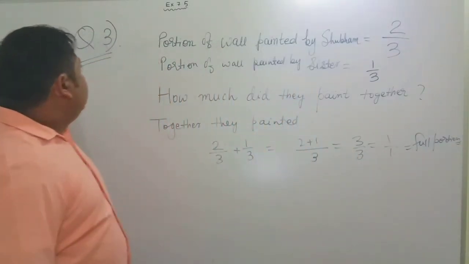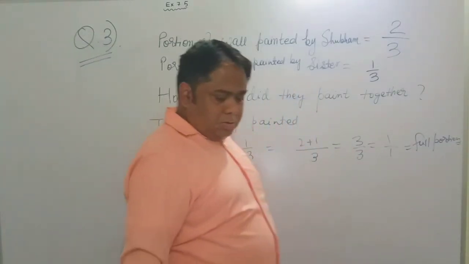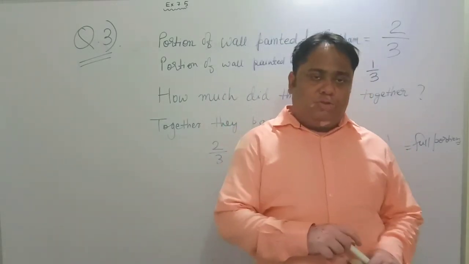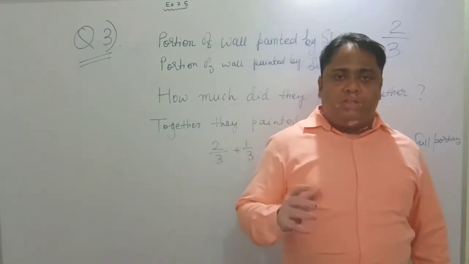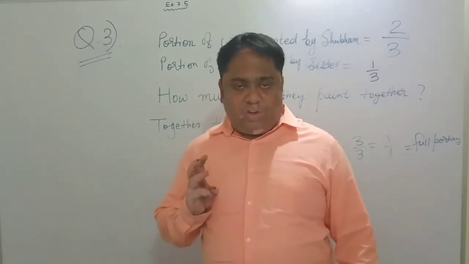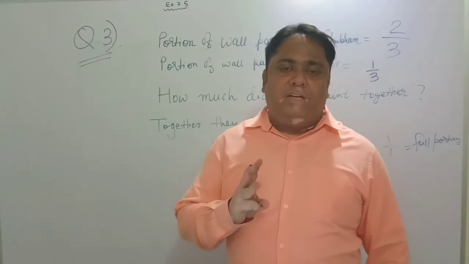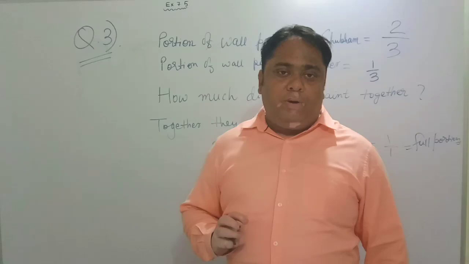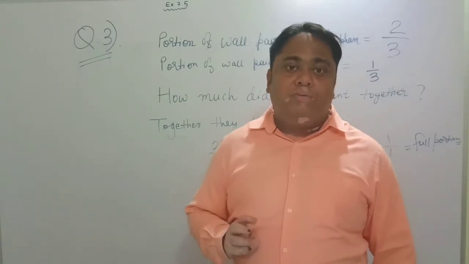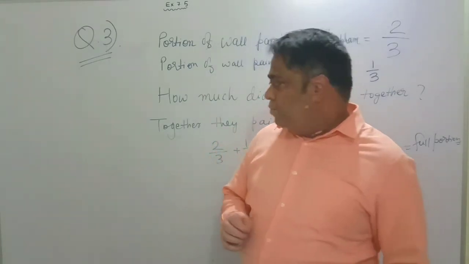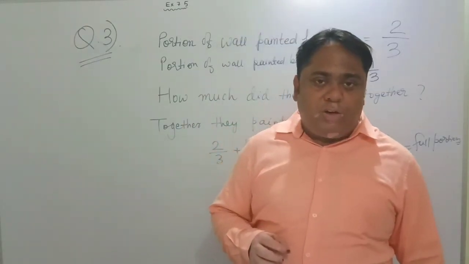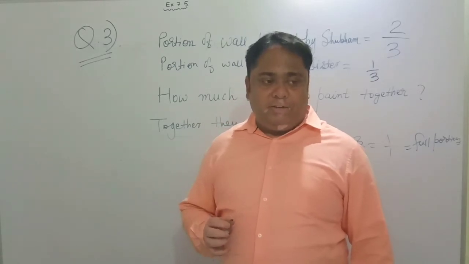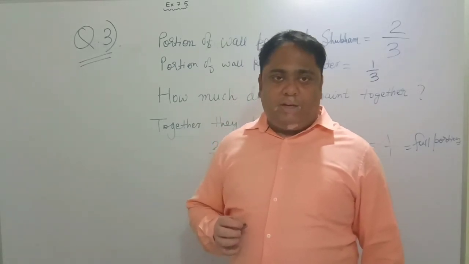Okay. Now let me talk with you all a little bit. How many questions are there in this exercise? There are 5 questions in the exercise. How many questions have I completed today? I have completed 3 questions. So what portion of the exercise have I completed? 3/5. Now tell me how many portions of the exercise you will solve? 2 more are left. So I completed 3/5. You will complete 2/5. Together we will complete 5/5. Isn't it? Are you getting what I am trying to say?